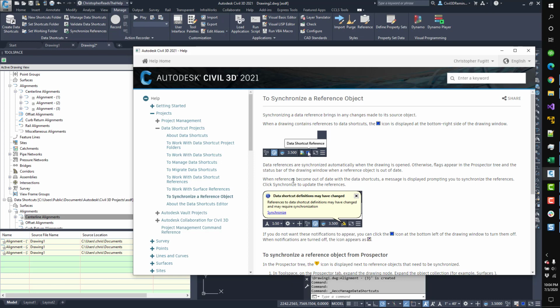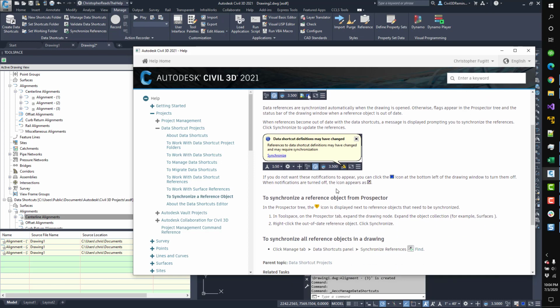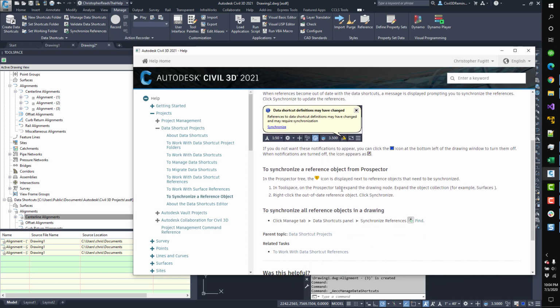Otherwise, flags appear in the Prospector tree and the status bar of the drawing window when a reference object is out of date. When references become out of date with the data shortcuts, a message is displayed prompting you to synchronize the references. Click Synchronize to update the references. If you do not want these notifications to appear, you can click the icon at the bottom left of the drawing window to turn them off. When notifications are turned off, the icon appears as